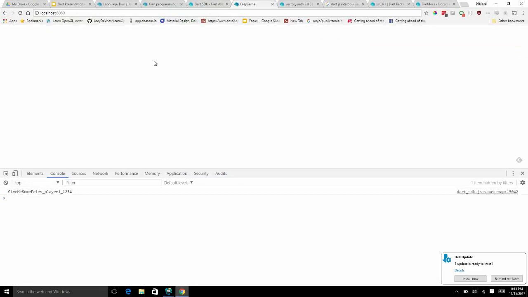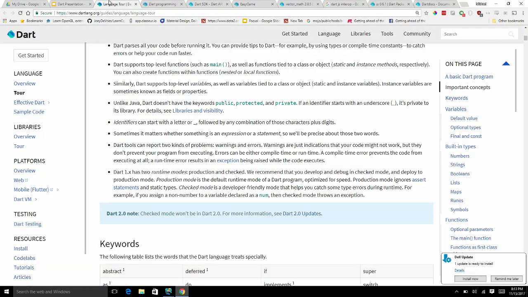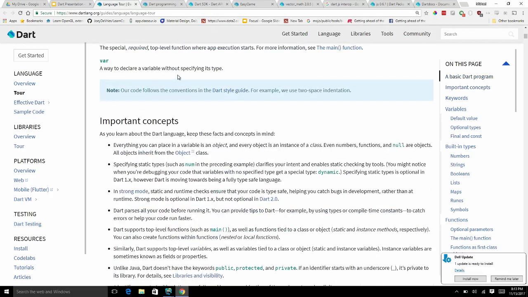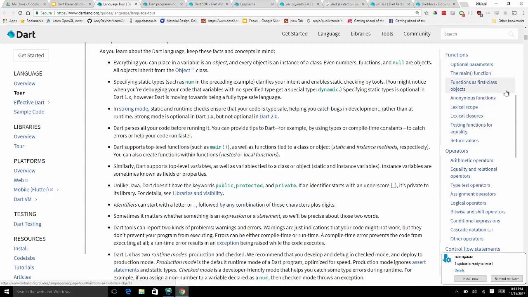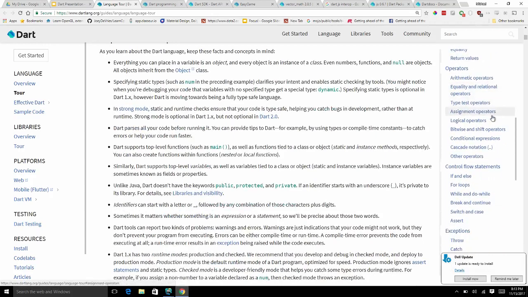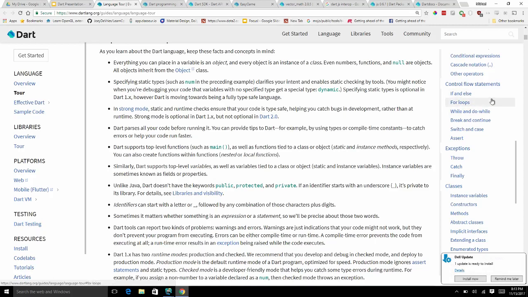I'm going to explore some things, make sure I'm not missing anything. So the documentation, I have to admit, I feel like the core language tour of Dart is probably one of the best documentations I've seen to introduce a language. It's really not too long. It's maybe a 20-minute read to go through all of it. Talk about variables. All right, so the built-in types, we have numbers and strings and booleans and lists and maps are the main ones that you're going to get. Functions, we did optional named parameters. If statements and for loops are pretty much like any other language out there, so I probably won't spend much time on that. I'll show you some in my other example I got, but